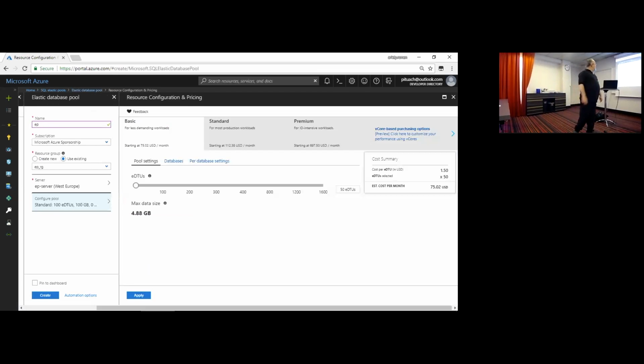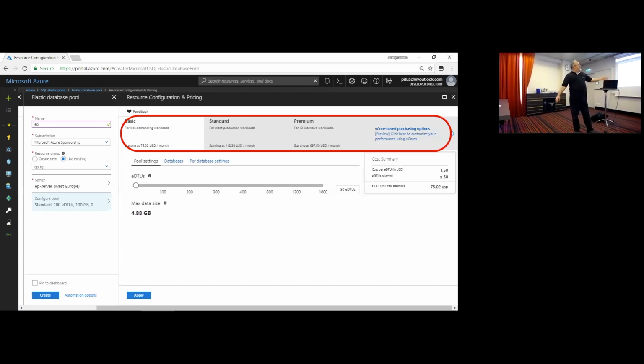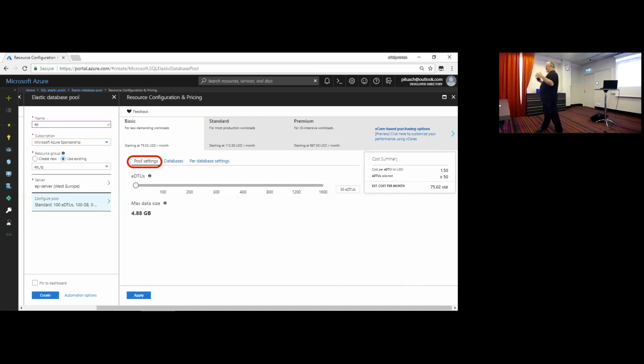Let's go inside. As you can see, first of all, we have several options to select the pricing tier. Each pricing tier that you select will give us more setting options. So the basic pricing tier will give us only the option to configure the amount of eDTU, the amount of resource units for the entire pool, for all the databases inside.